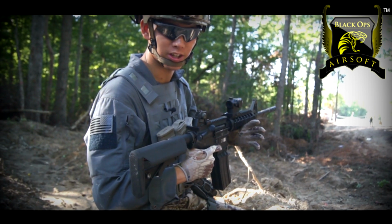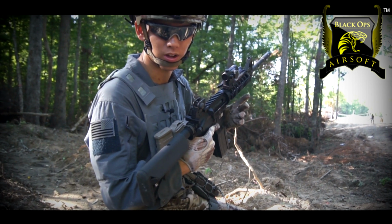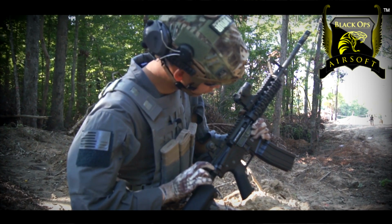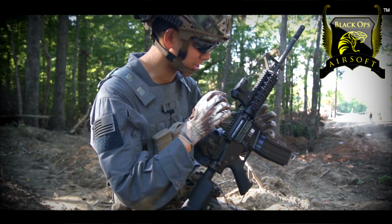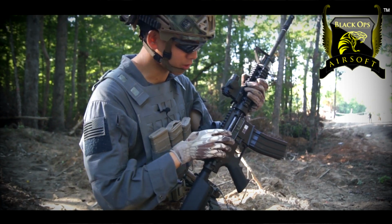I really like it. It has really good crisp recoil, whether on semi or full auto. And as you can see, we're definitely engaging him at range. This gun shoots like 390, 400 FPS, so it definitely has a good system. One of the things I noticed too is it has one of the newer designs of the hop-up system, so you're really not going to get any changes in your hop-up while you're playing. But without further ado, we're going to conduct a little bit more testing, but that's a little introduction for the